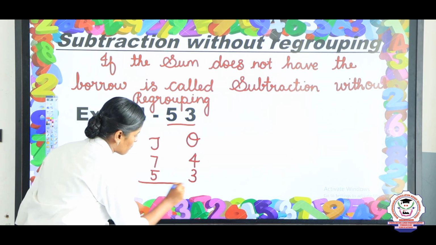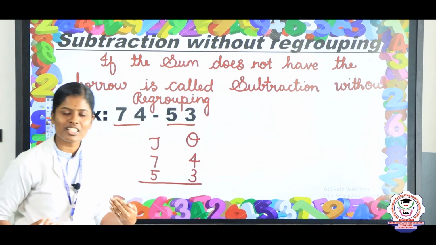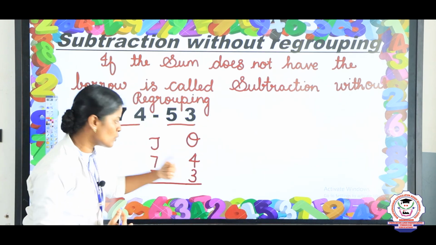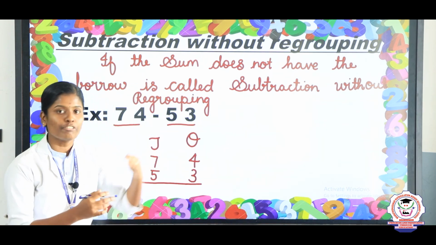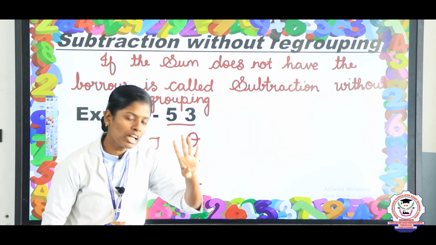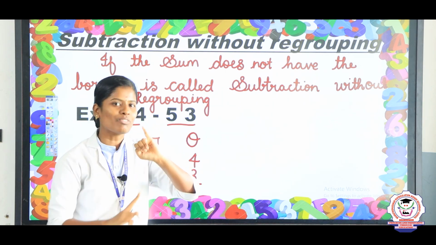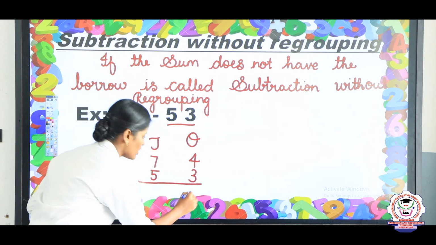Now we are going to subtract. While subtracting, we should start from the ones place onwards. Here the ones place values are 4 and 3. 4 ones minus 3 ones. Just show your forefinger. Now 4, take away 3 fingers. Remaining how many fingers are there? We have only 1. The answer is 1.